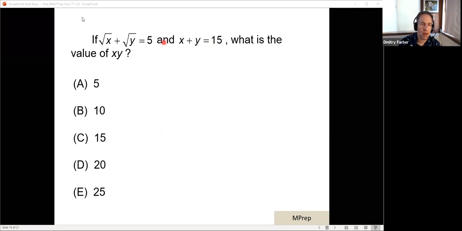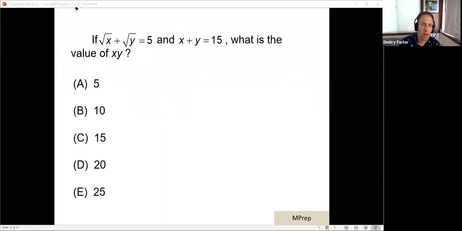Similarly, I'm certainly allowed to take the square root of both sides. I can do this, right? And it just isn't the same thing. Square root of x plus y is not the same thing as a square root of x plus a square root of y. Root 15 is just under 4. Root x plus root y is 5. It's not the same thing, so we've got to watch that. However,